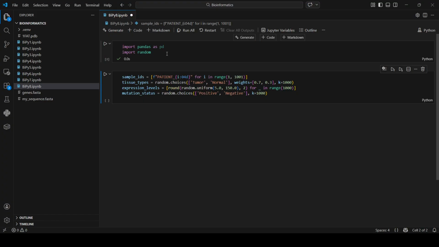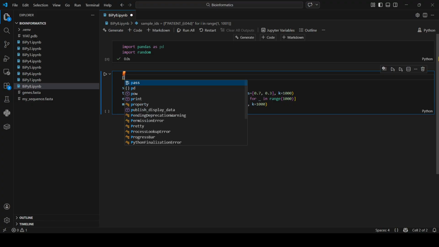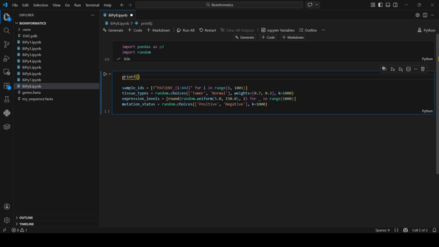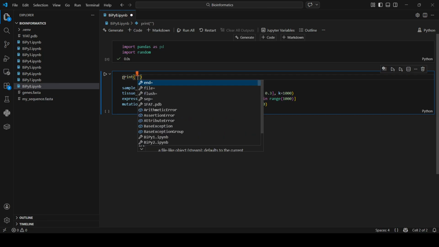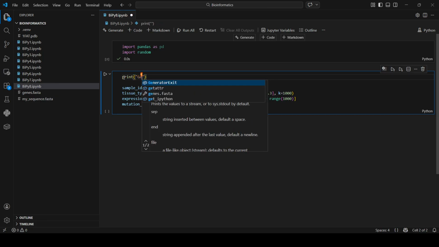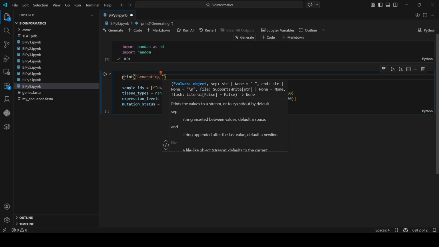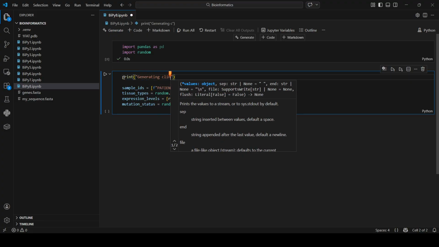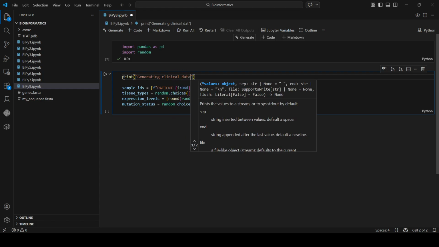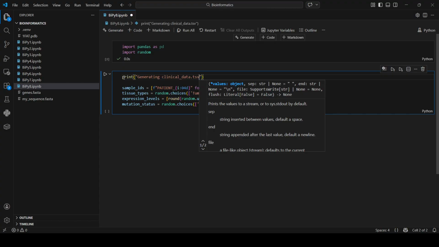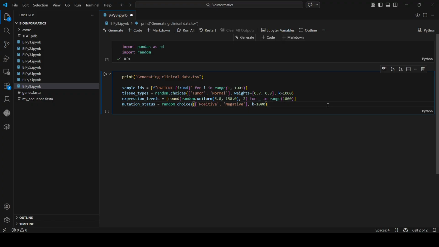Right. Then we will add a sentence here. This command will create the file for us. Then we will write to a TSV file manually to simulate real world data. So for that, we will do